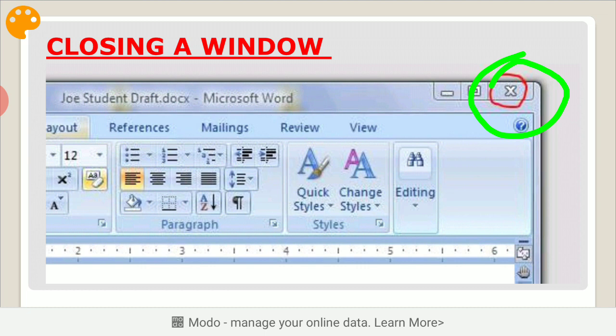So click on the close button in the window, or as a shortcut you can press Alt plus F4. So if you want to close your program the shortcut way, you can just press Alt plus F4.